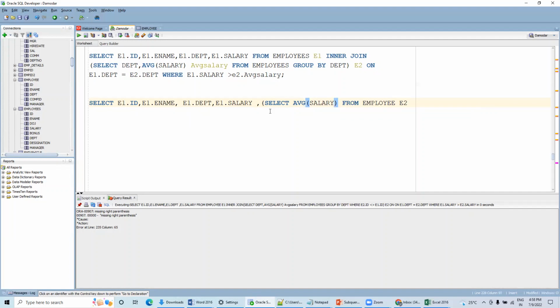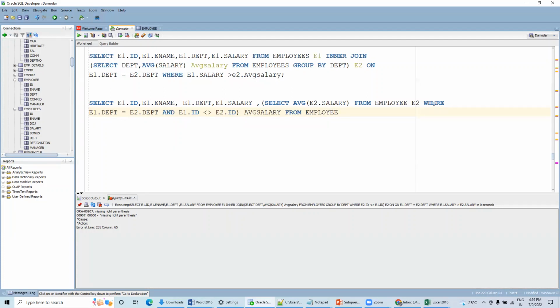Where E1.department equals to E2.department, and E1.ID should not be equals to E2.ID. The complete thing as average salary I'll take from